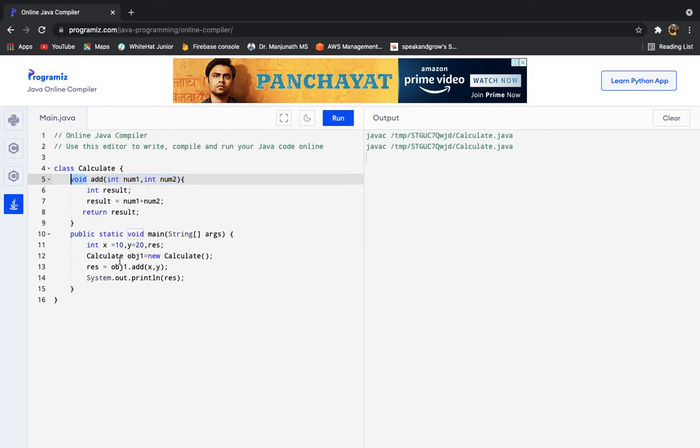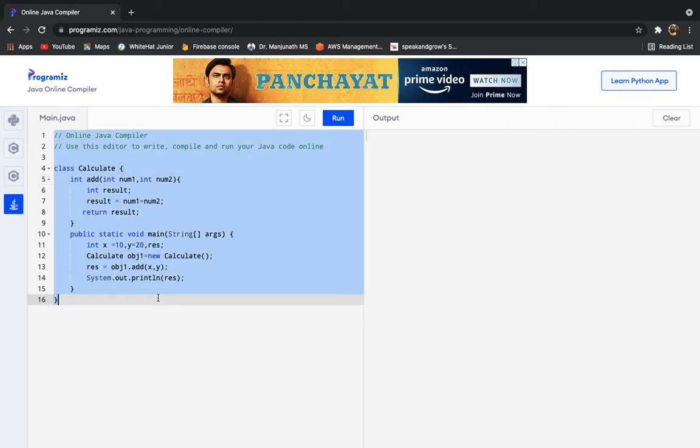change the return type. When we say void, that means the function is not returning anything. The function is only listening to you, but it's not telling anything. But when we want to do something, we will have to specify its return type. That is, it should tell what kind of data type you are going to return. It's not result you have to write, but the data type of result you will have to say. So after this, if I run this, you should be able to get the output.